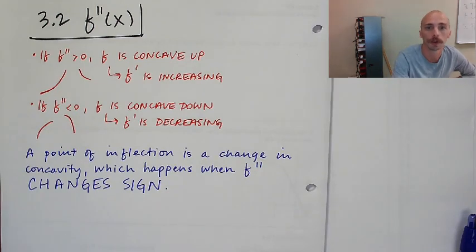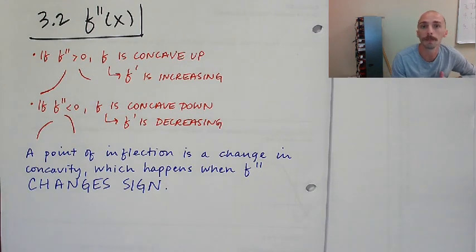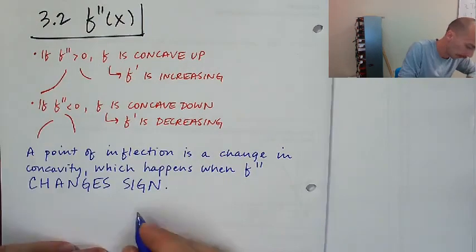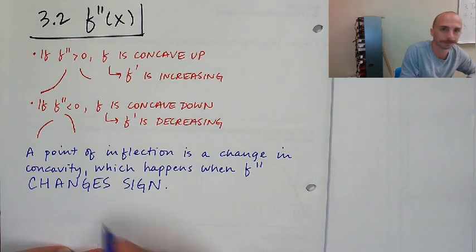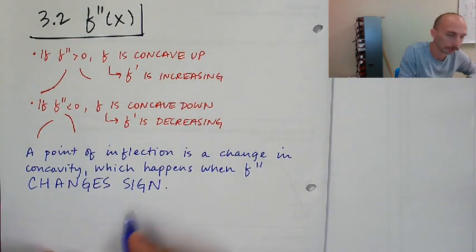Okay, I cannot stress that enough. I'm not going to just yell at you through the video right now, but notice I have said nothing about f double prime equaling 0, because that's not the definition of a point of inflection. It's a sign change in f double prime. Now, oftentimes, a thing is going to change signs at a place where it's equal to 0. But if we're talking about, just like, the graph of f double prime,